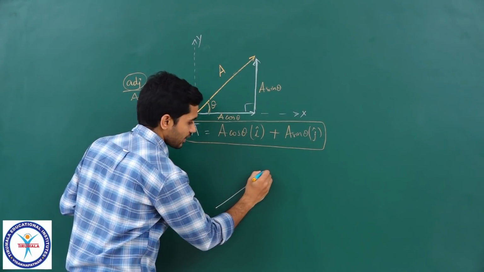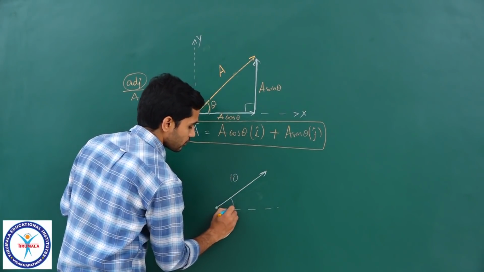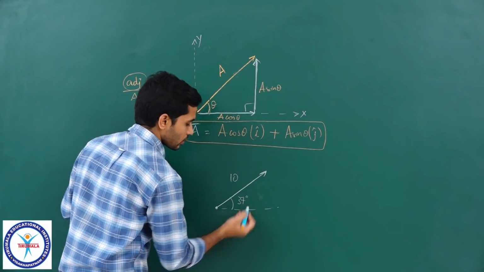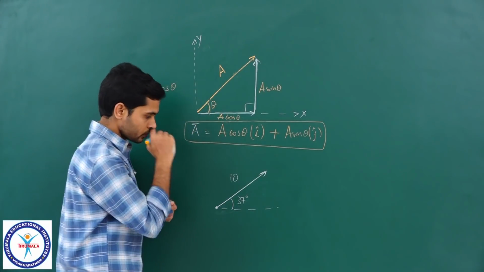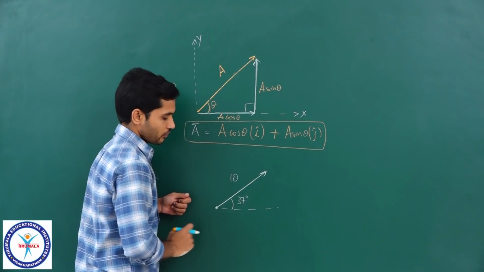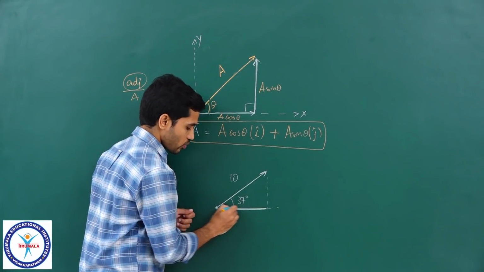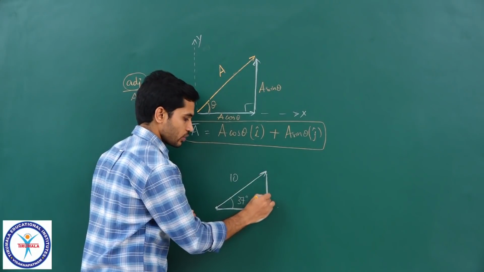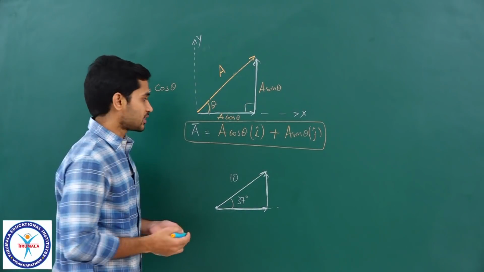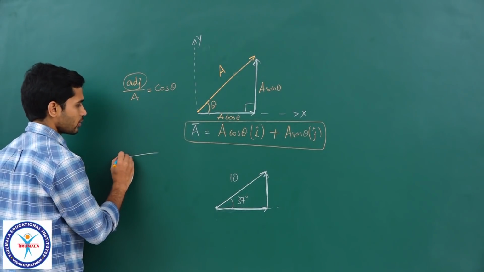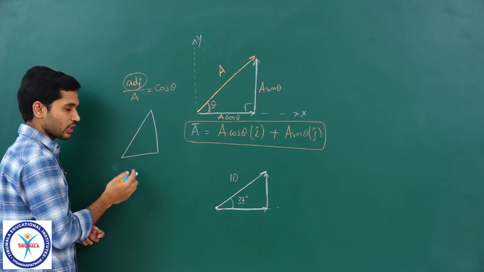Let us consider that we have a vector like this having a magnitude of 10 units and making an angle of 37 degrees with the positive x axis, correct. So, let us say this is how the vector is. Now, if I have to resolve this, once again if I drop a perpendicular, this is one component and this is the other component. So, obviously if I have to resolve, I need to know the values of cos 37 and sin 37. I hope you all know this, or even if you do not know, no problem, I will give you the result. So, please remember this, this is something which we will be using quite frequently, clear.